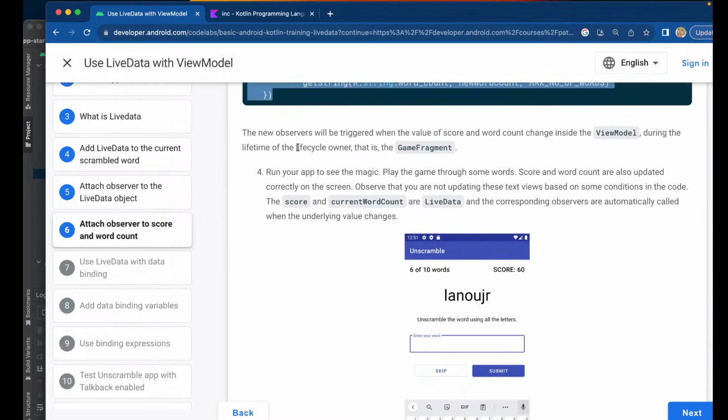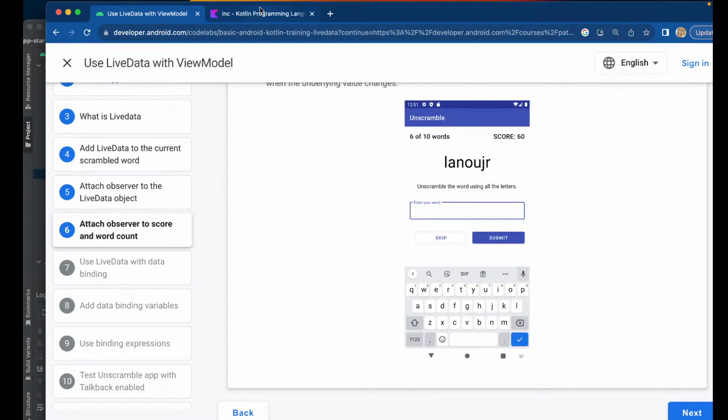The new observer will be triggered when the value of score and word count change inside the ViewModel, during the lifetime of the lifecycle owner, that is, the game fragment. Run your app to see the magic. Play the game through some words, and the score and word count are also updated correctly on the screen. Observe that you are not updating these text views based on some conditions in the code. The score and current word count are LiveData, and the corresponding observers are automatically called when the underlying values change. So, alright,